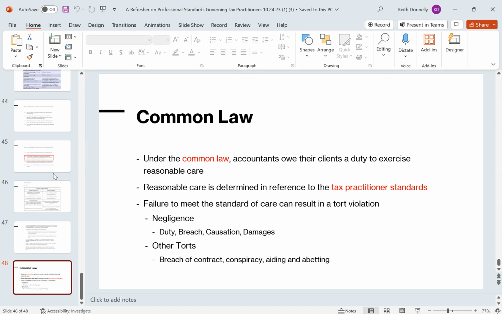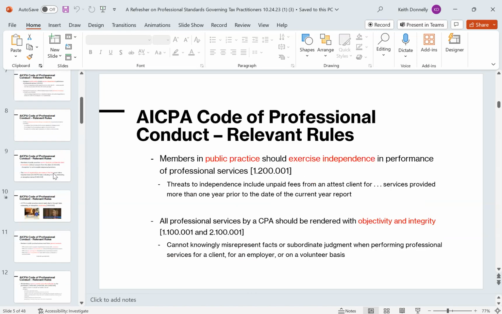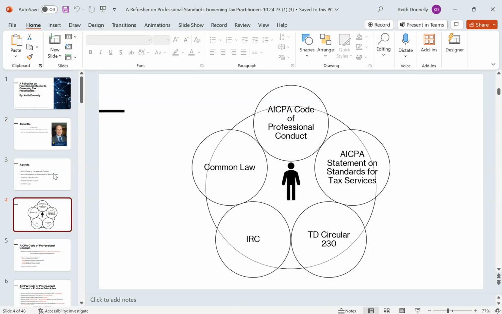Okay? And if you fail to meet that duty, you don't act reasonably, you will have breached the duty. And if that breach causes the plaintiff, like the client in that case, damages, hey, now my return's screwed up, you have committed negligence, and you could be liable for that in a civil case. So the idea is negligence: duty, breach, causation, damages. Why do we care about the duty? How do we even know what a reasonable CPA would act like? This is where we come back and say, we're suing for negligence here, we have a duty. What we look to is the code of conduct, the SSTS, the Circ 230s. While these aren't law in themselves, they help us establish the duty, or how we should act if we're sued in a negligence case.